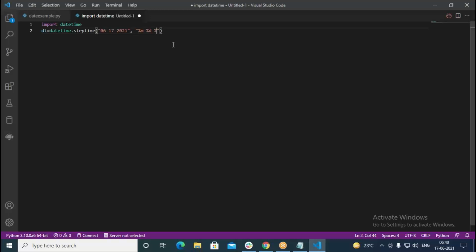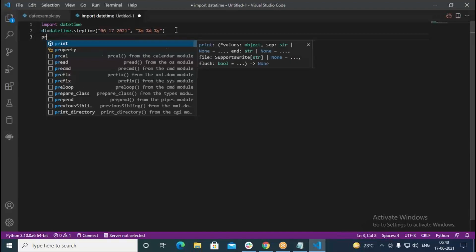So using %m, %d and %y, I would like to format the given string here. So this has to convert the given string. The string is 06/17/2021. I specified this as the date string. This I would like to convert into a date.